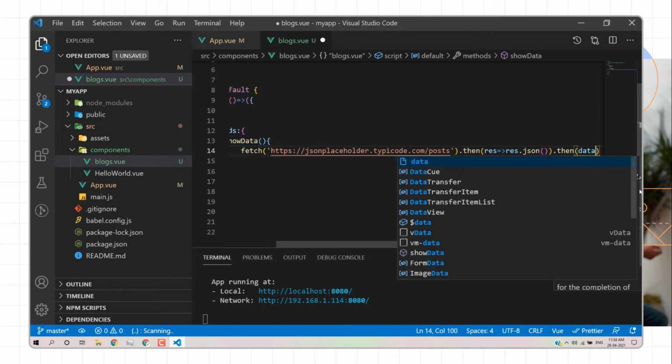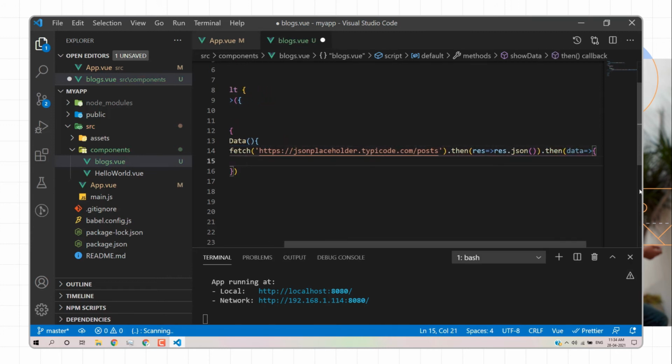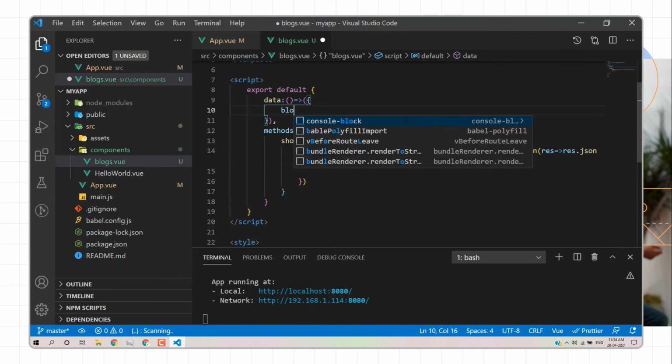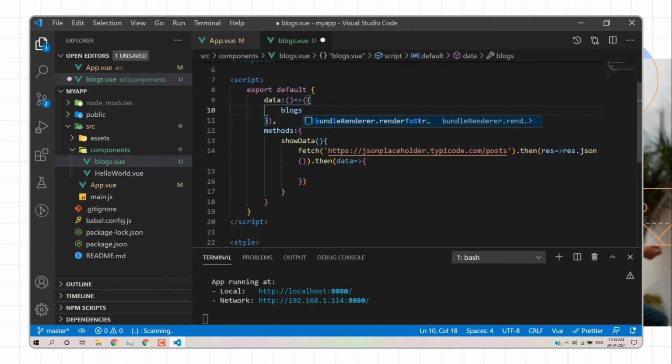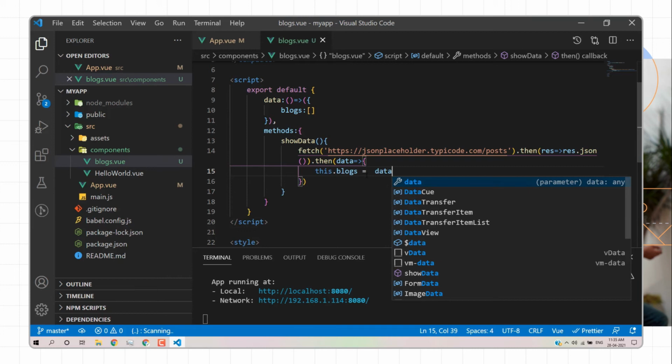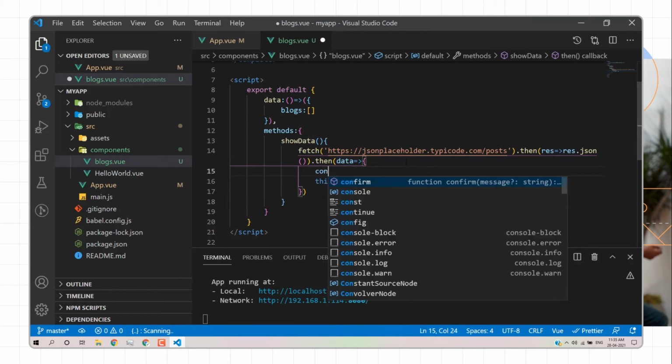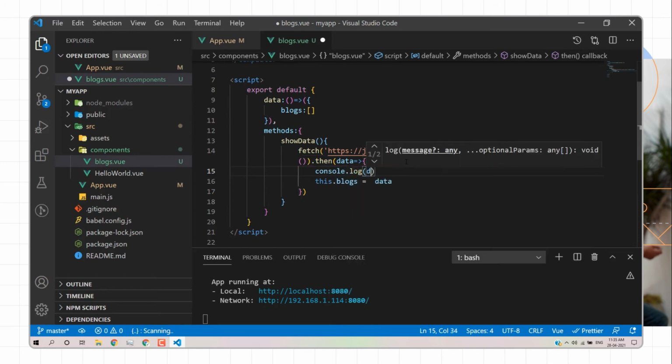Here we can create a blocks array, and we assign this.blocks equal to data. We have an array of objects, so we can also print this data in console.log. If there are any issues, we can handle them with the catch block and print the error e. I'll save and reload this page.